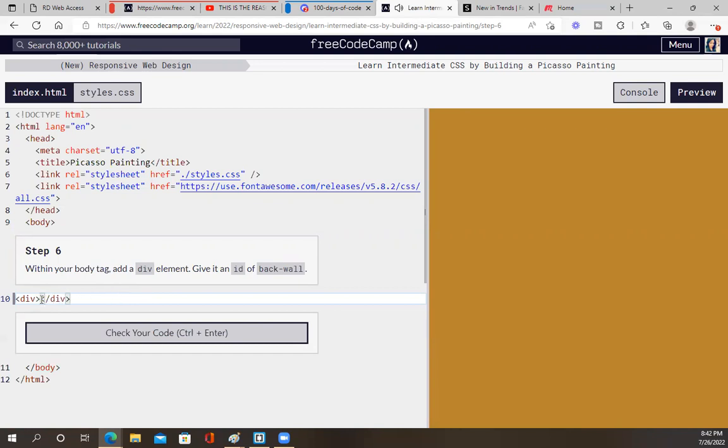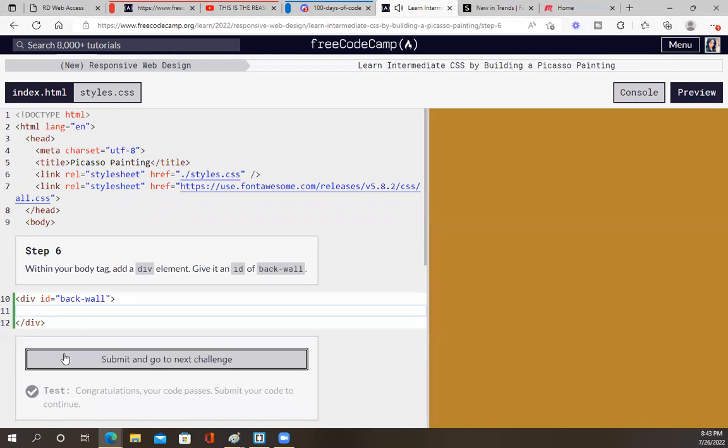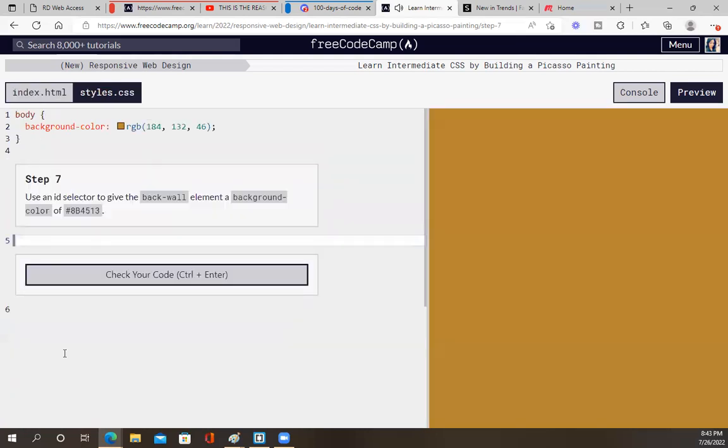And give it an ID of backwall. Use an ID selector to give the backwall element a background color of